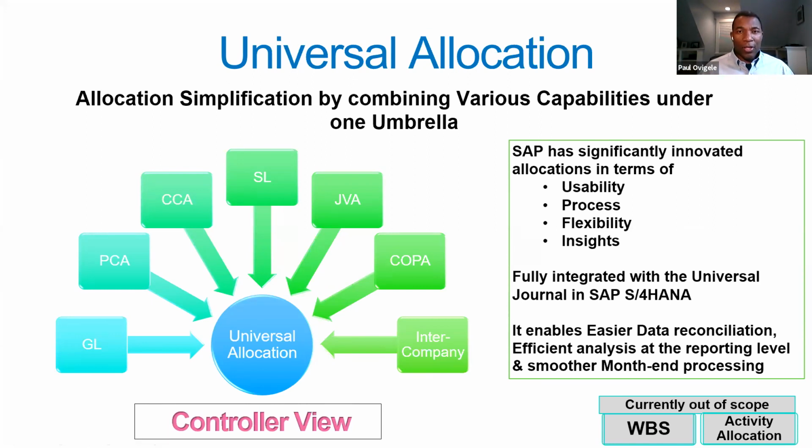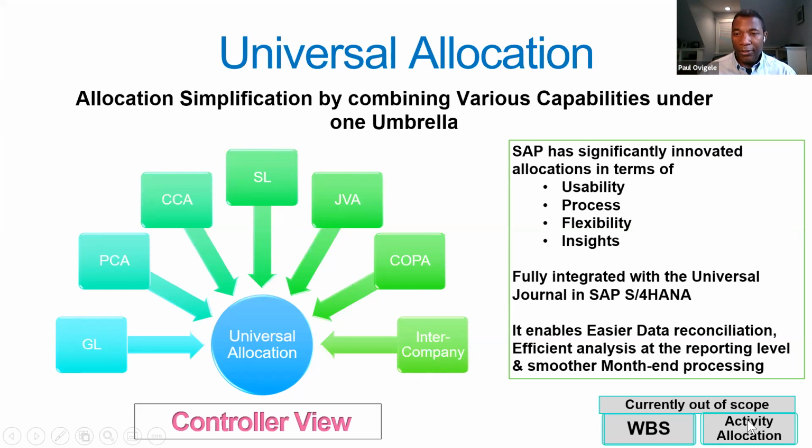In order for universal allocation to work the way it does, it has to be leveraging Universal Journal, which brings everything together, although it brings most things in FICO together. So it enables easier data reconciliation, smoother month-end processing, more efficient reporting. Currently out of scope is WBS